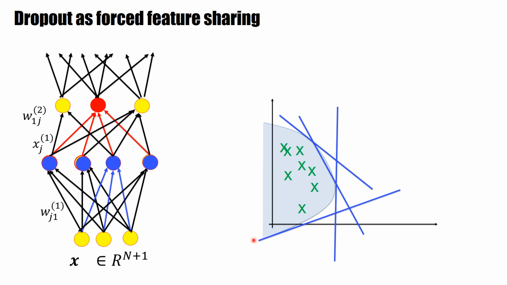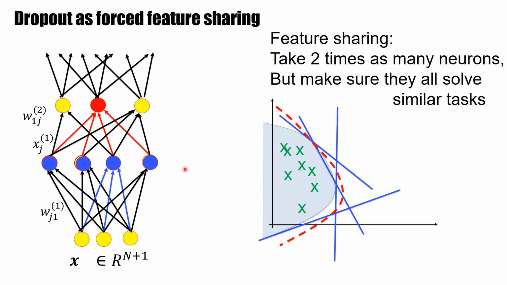So far, standard implementation, standard training. But now we do dropout. Dropout means that we take twice as many neurons, but then we make sure that they all solve some similar tasks. And the way we do this is we say, okay, there are extra neurons coming in, we suppress some other neurons, and now these extra neurons, they have to replace some of the existing neurons because they will be gone. So we put in these extra hyperplanes,